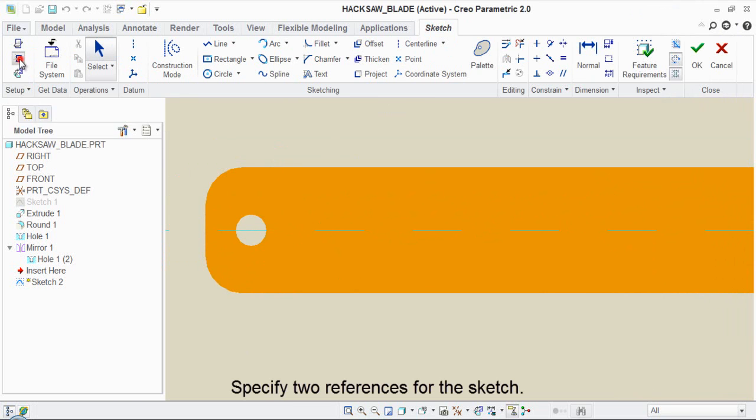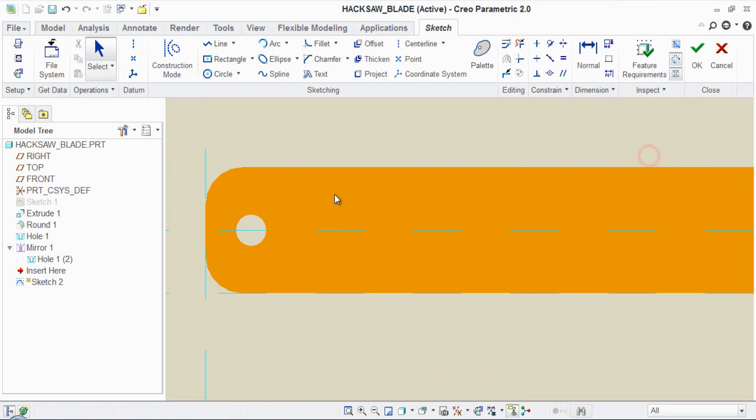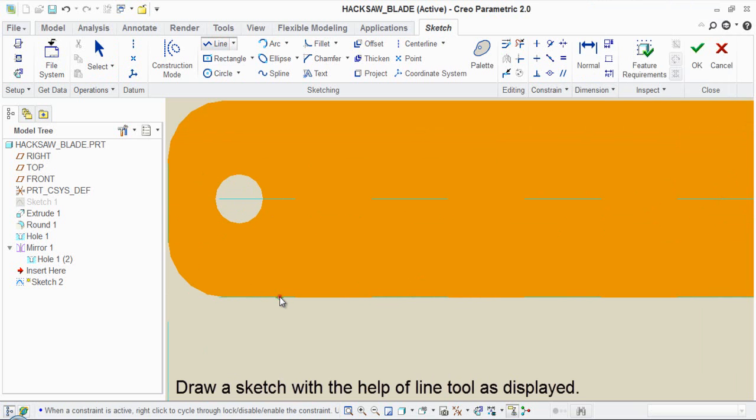Specify two references for the sketch. Draw a sketch with the help of line tool as displayed.